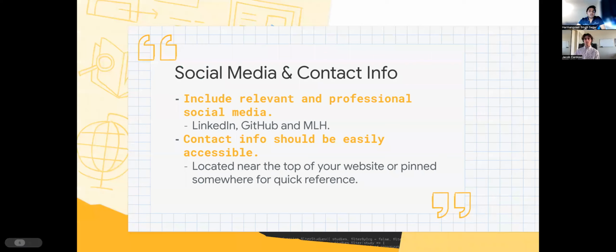An often overlooked and forgotten part of a portfolio is including your contact information and relevant social media. In order to allow recruiters and potential employers to easily contact you while looking at your portfolio site, you should aim to have your contact information readily available near the top of your site or pinned somewhere at all times. This just makes it easier for everyone and eliminates the possibility of someone not contacting you if they were